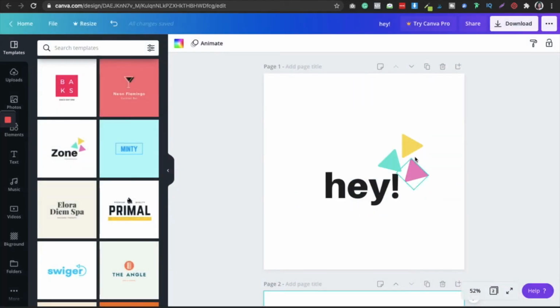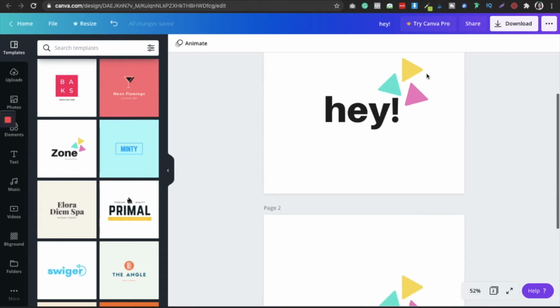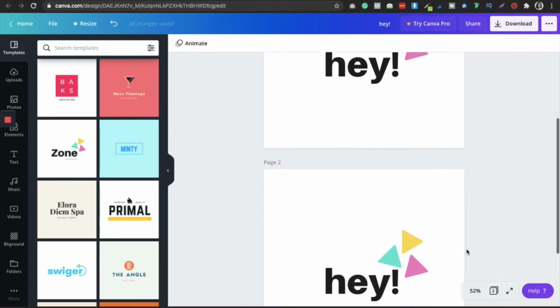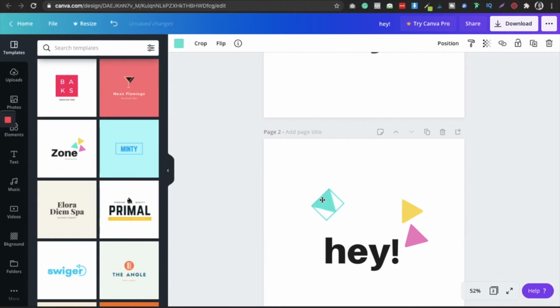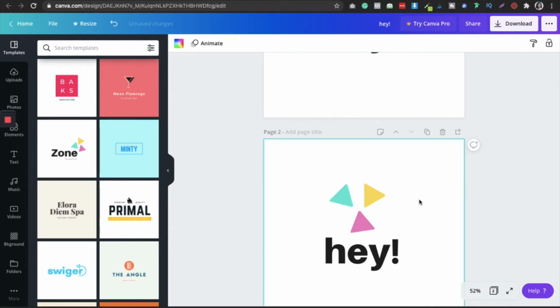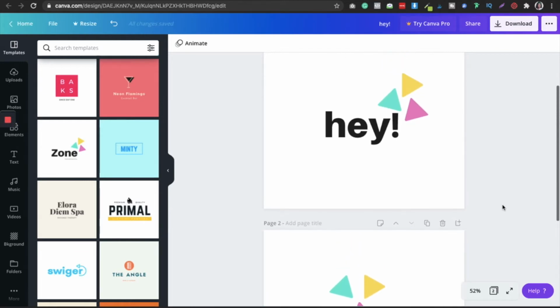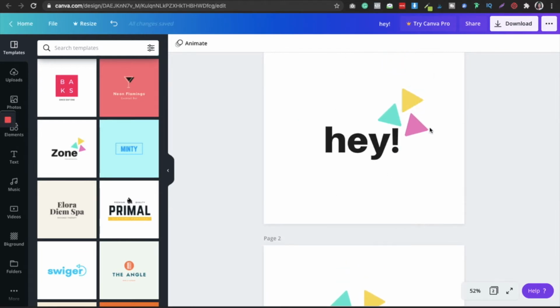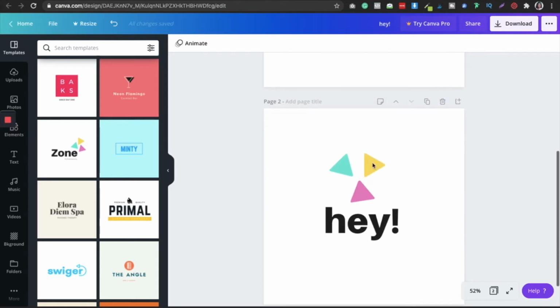So I have downloaded this one, and now I want to change the placement of these elements from here to here. That's why I copied this, and now I am just gonna change that. Like I want to do something like this, like this. Okay, I want it to look like this. So this is my first transition, the very basic one. This is my second transition.